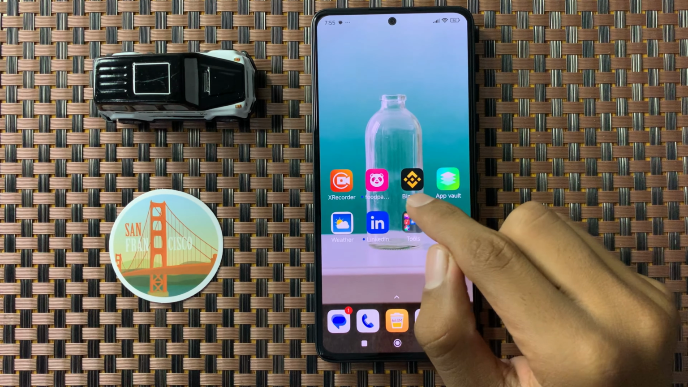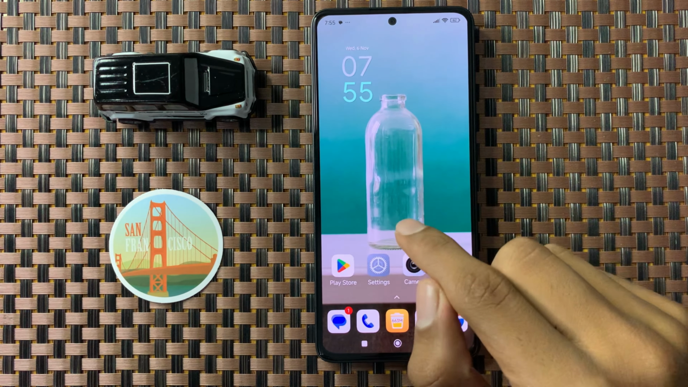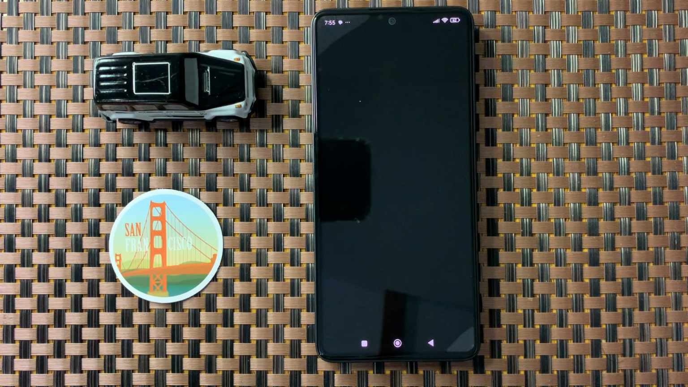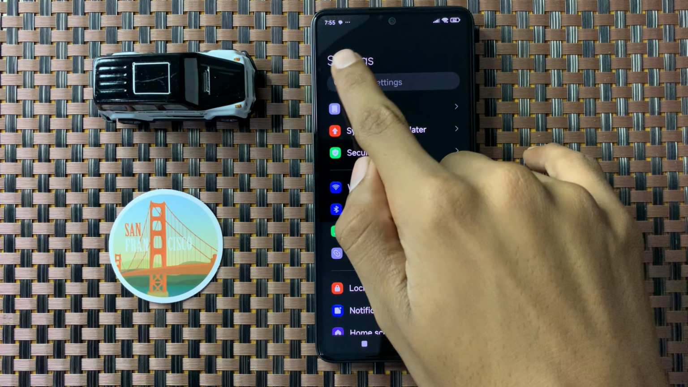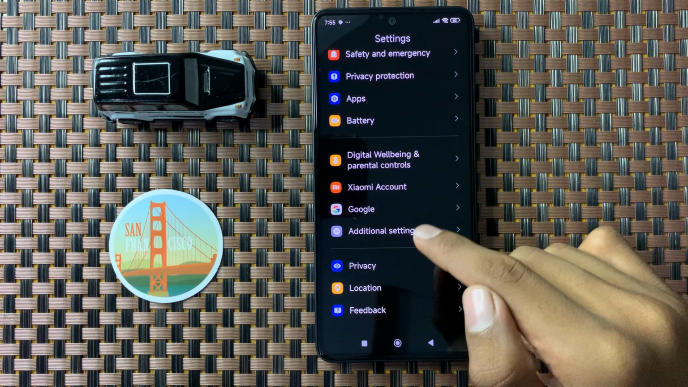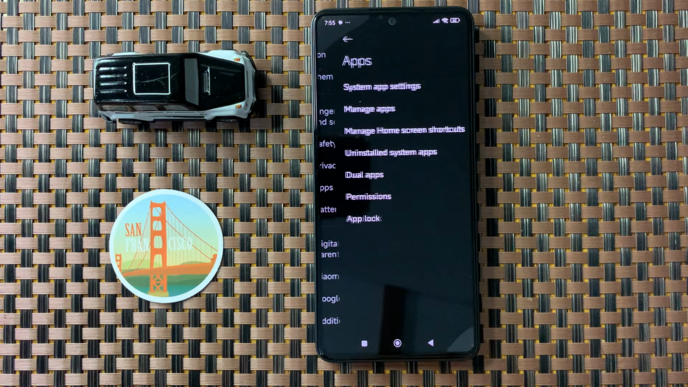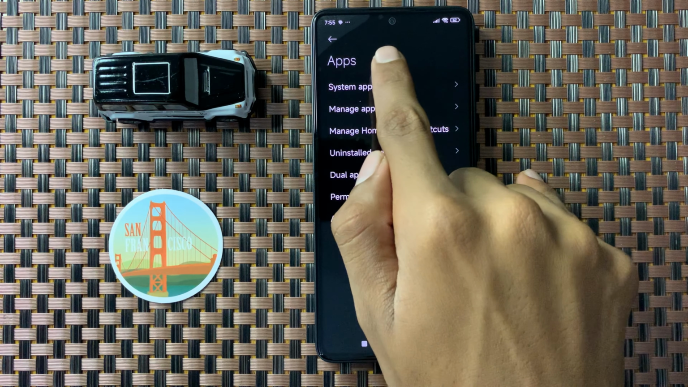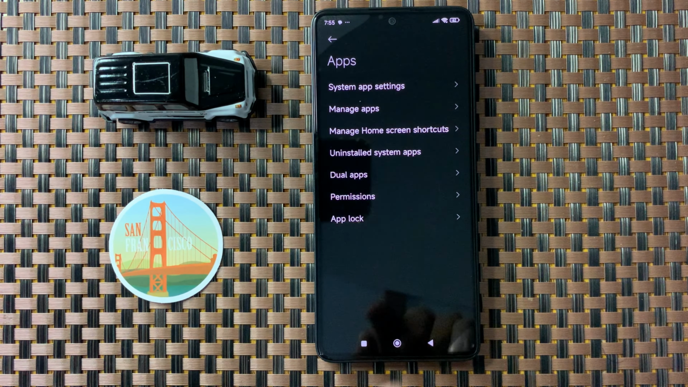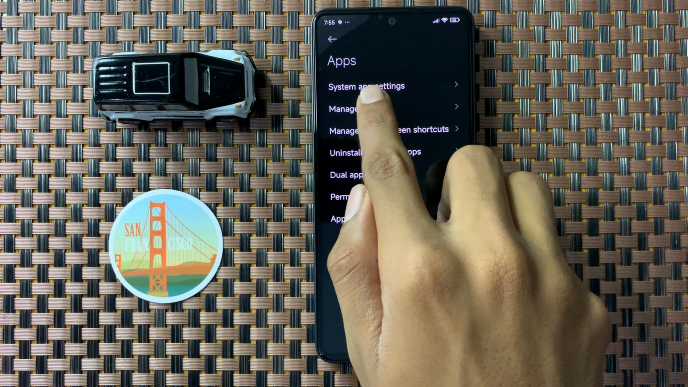First of all, open settings. In settings, scroll down and then click on apps. After clicking on apps, you can see the option manage apps. Now click on it